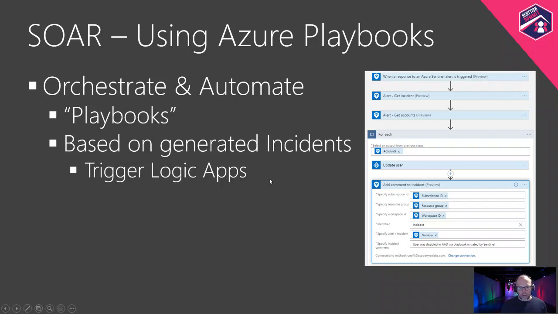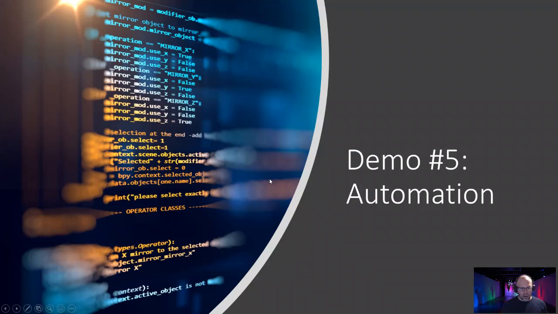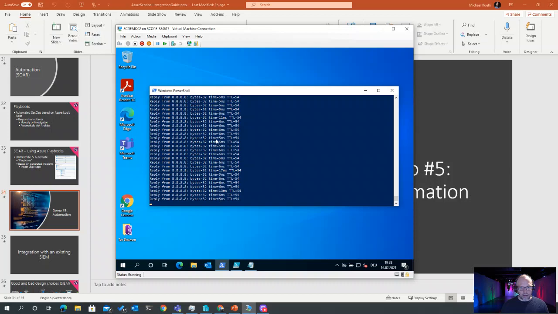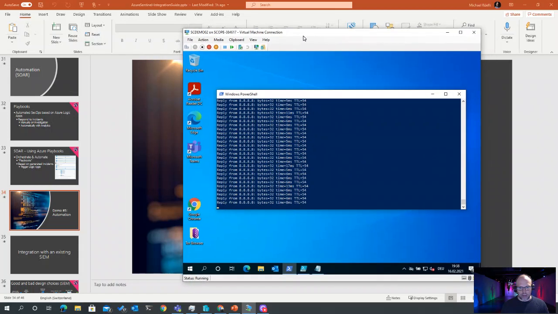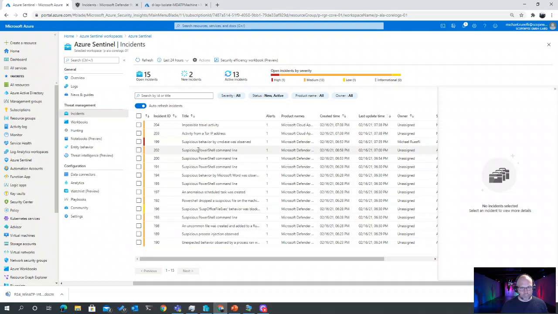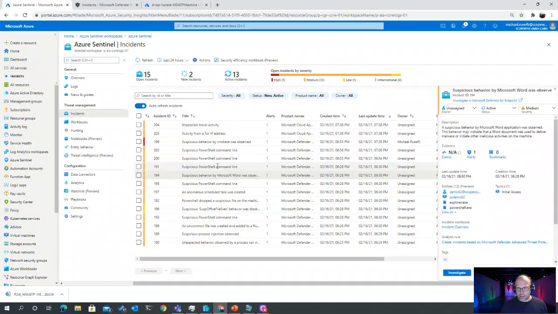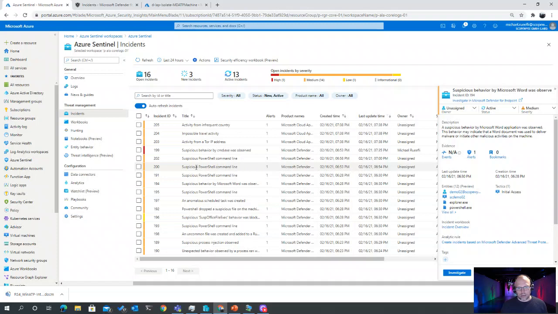To give you a little bit of context what that could do in your environment, I'm going to show you an example here. I have a rogue machine, it's connected to the internet, it might or might not be infected with malware, but it's the machine which we had in the incident a minute ago. So we have suspicious behavior by Microsoft Word followed by command line, all from the same device. So I consider this a rogue device. So what is possible now, I can go to full details